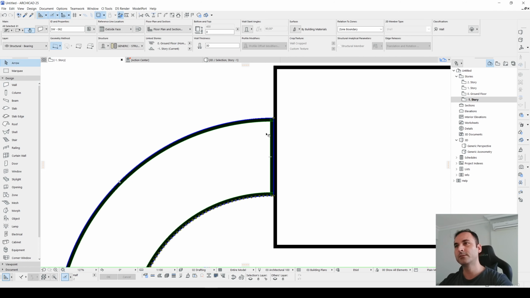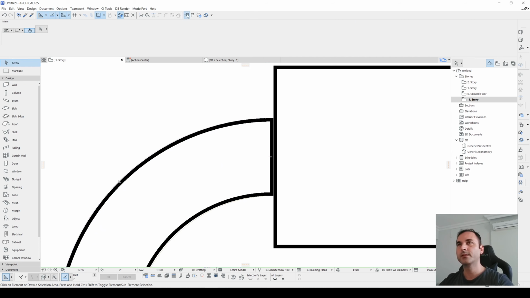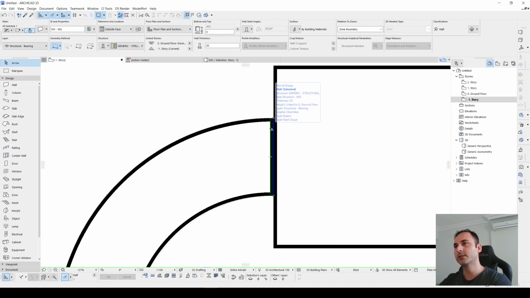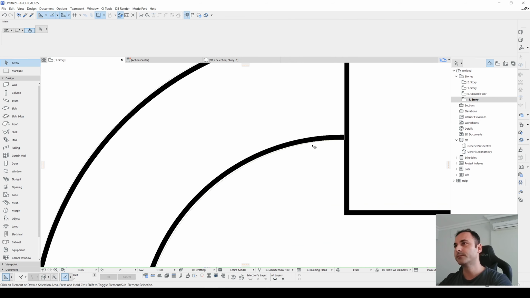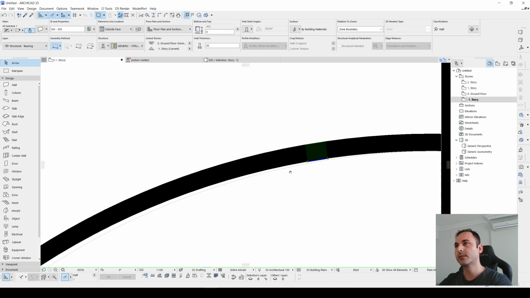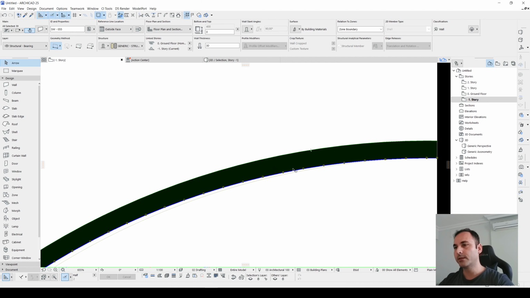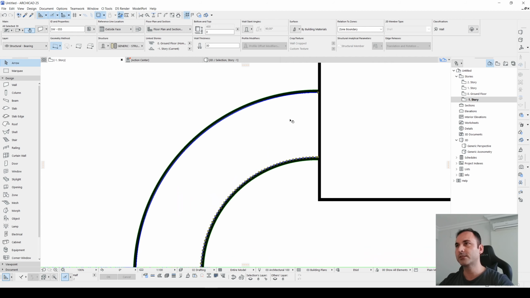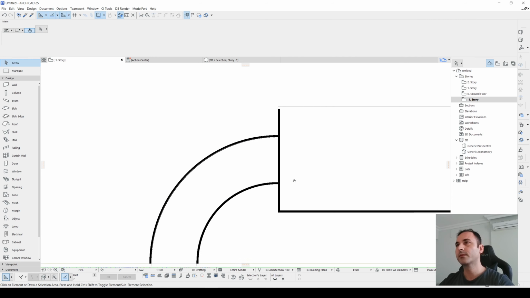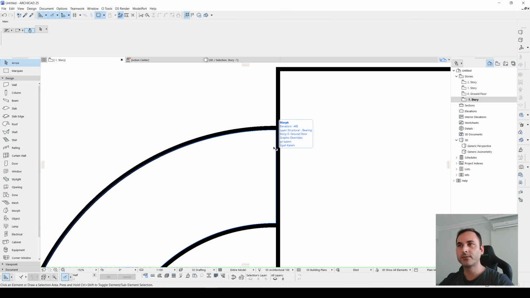Now we can get rid of the inner part. Let's suspend the group first. Click and delete. And now we select all of the parts, hit the P to change the direction. And for this part, we will create an opening in the wall, or we will split. Actually, using a garage door object is a convenient way of doing this.